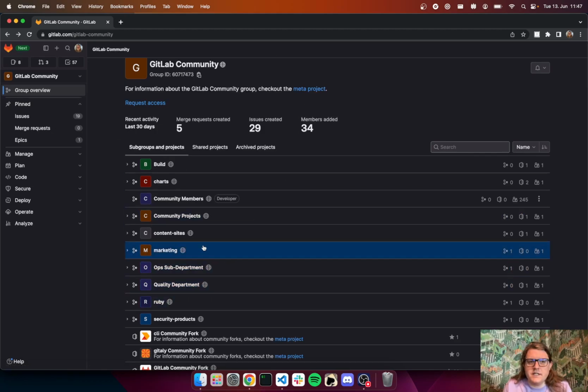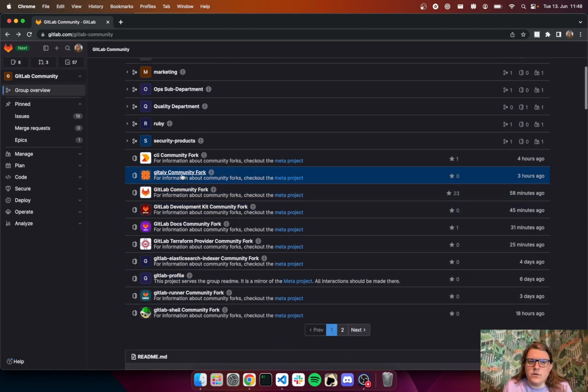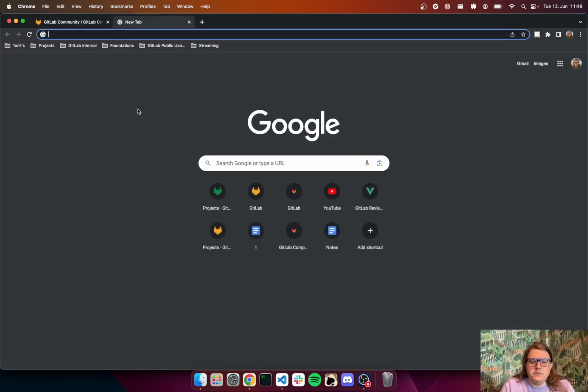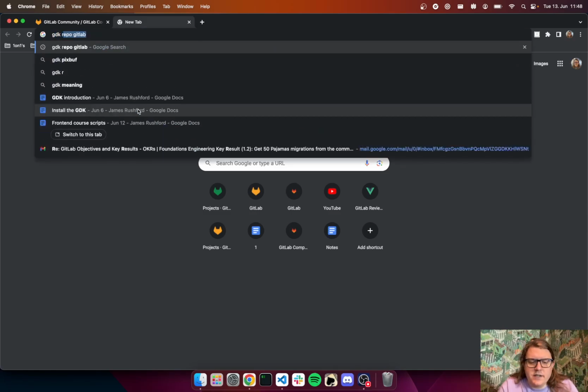Okay, so this is the GitLab community. Now you can access all of our community forks. We're going to work on GitLab, the project, so this is what we're looking at. Cool. Now, what we are going to do next is install the GDK on this machine, a fresh install. So the way you do it, again, GDK, repo,